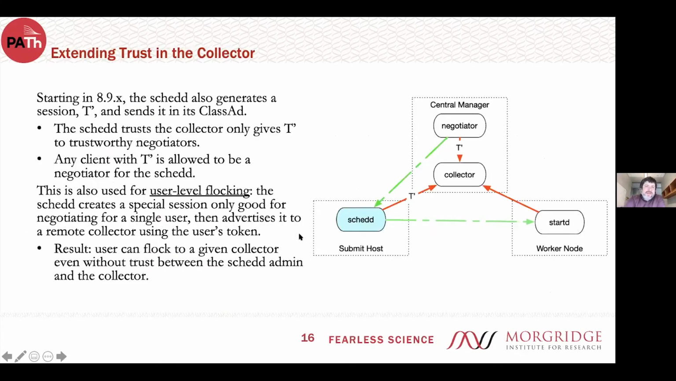That's been around for many years, but throughout 8.9, and now 9.0, we've been working in different ways that we can use that collector as a central point of trust to bootstrap trust through the rest of the ecosystem. So last year, we had made it so that the negotiator used transitive trust to talk to the SCED. The SCED and negotiator no longer had to have a mutual trust relationship, but instead this could happen by pre-generated